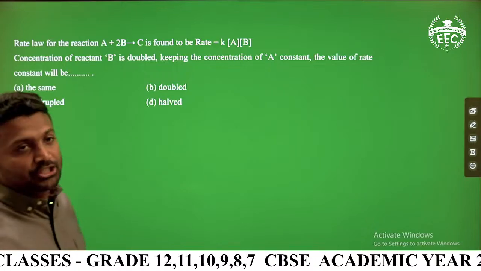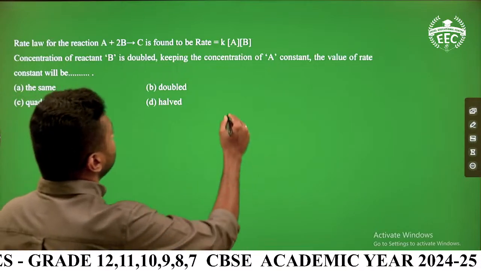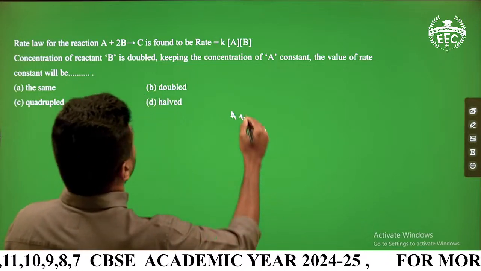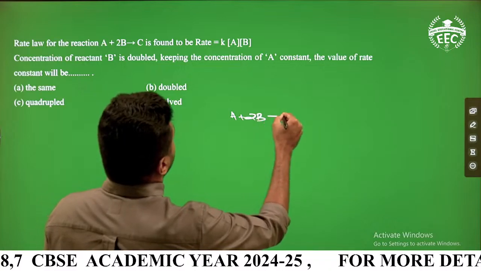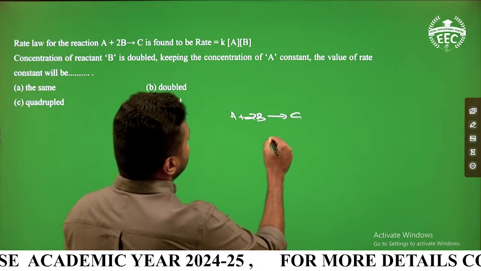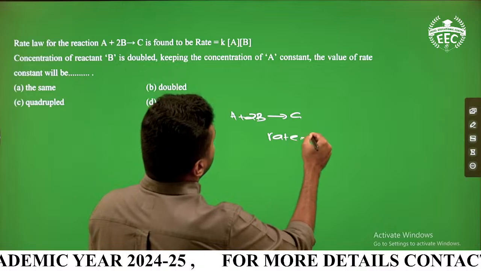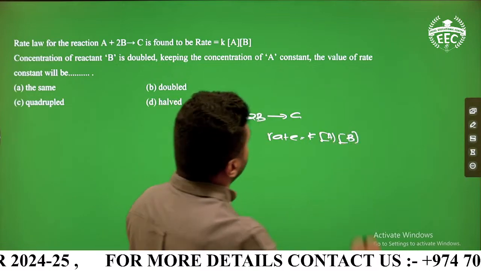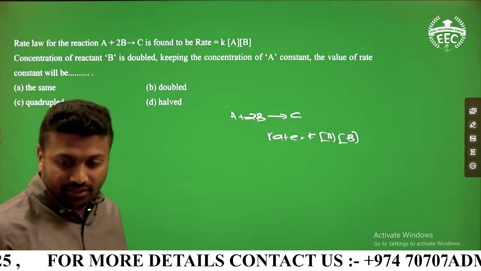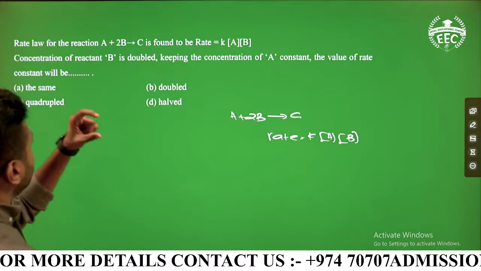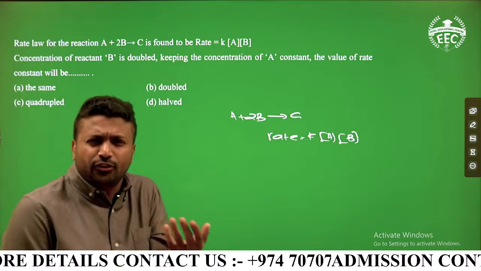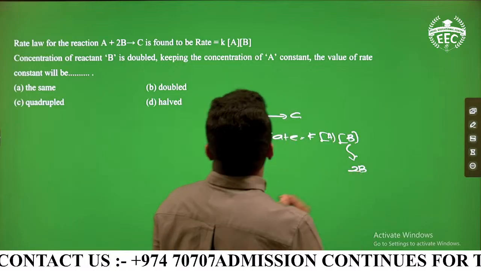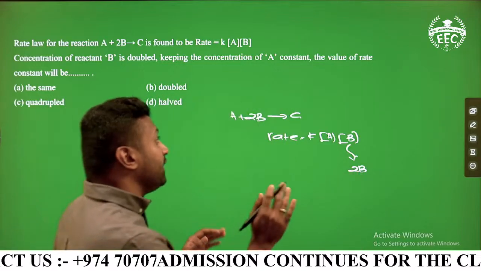The rate law for the reaction A plus 2B giving C is found to be rate equal to K into concentration of A into concentration of B. It's a good question. The concentration of B is doubled, which means B will become 2B, and keeping the concentration of A constant,